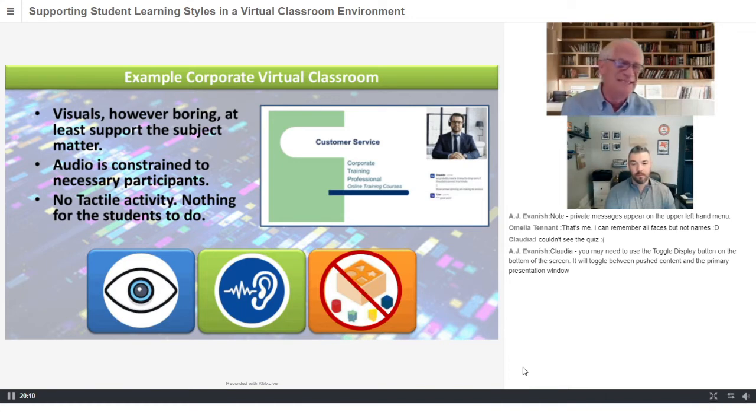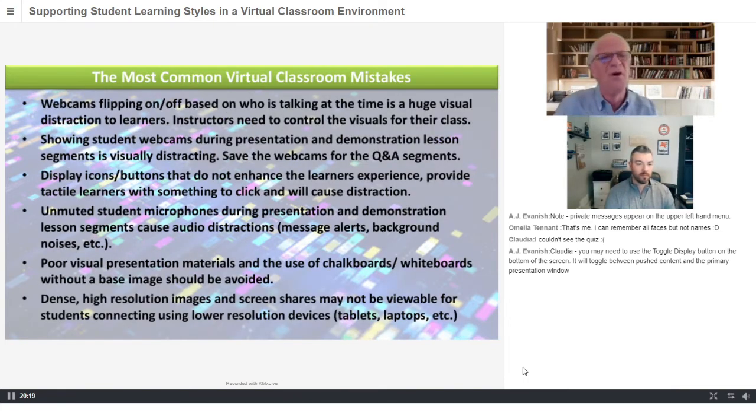But the bad news is there's nothing for the students to do. There's no tactile activity, and the chat room doesn't count. The chat room isn't tactile activity associated with the learning. So let's go look over what the most common virtual classroom mistakes are, and then we're going to get into